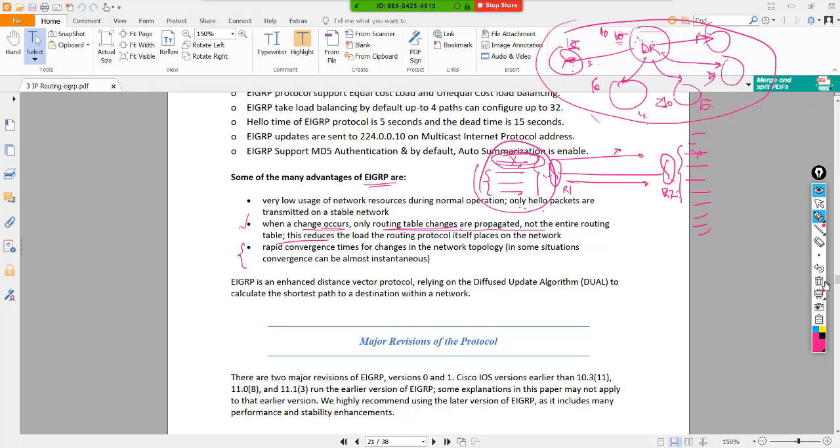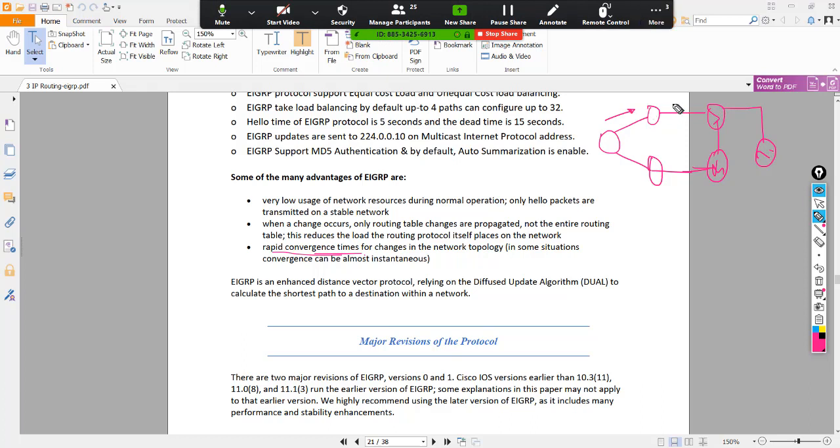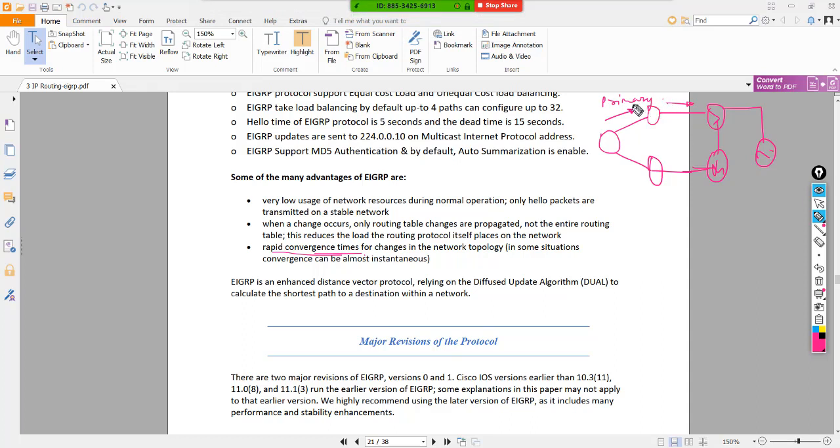Regarding rapid convergence, EIGRP is also meant as a faster convergence protocol. In case the primary link goes down, the secondary comes up. The reason is, let's say I have some topology like this. By default, this is the path. It's called the primary path. Now what happens in the case of EIGRP,